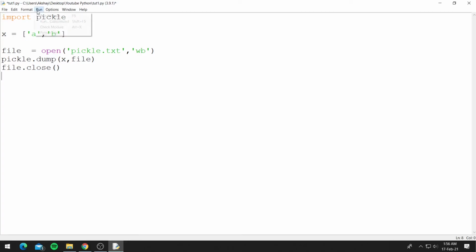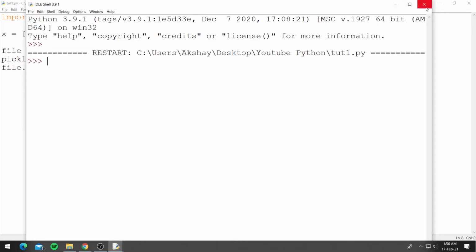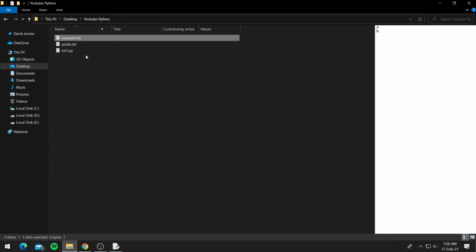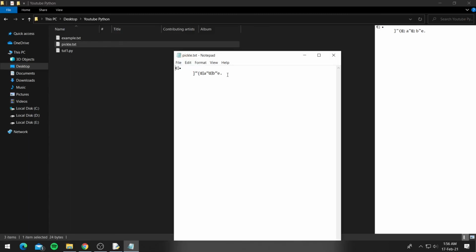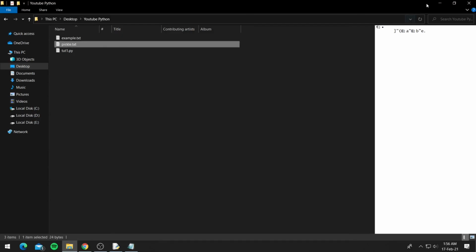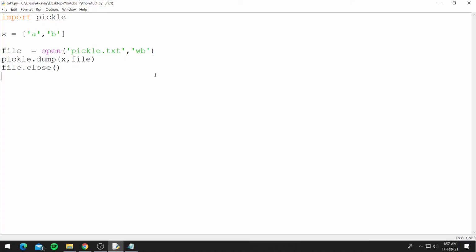So let's run this, and you can see it runs without an error. So let's open our file pickle.txt. pickle.txt stores a list or any other collection of data in bytes, so you cannot read it.